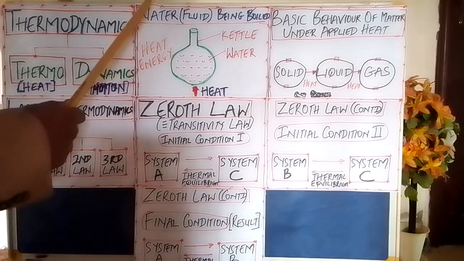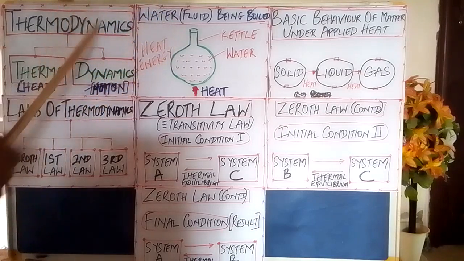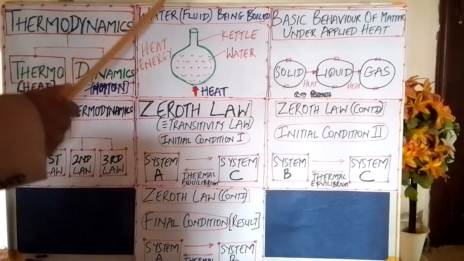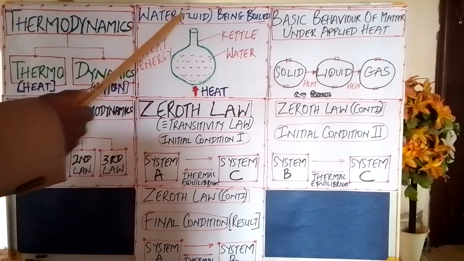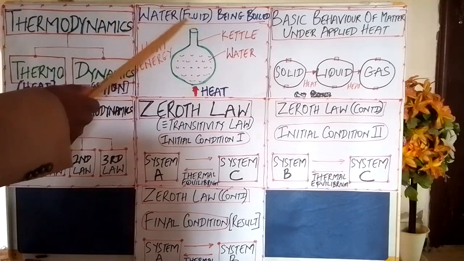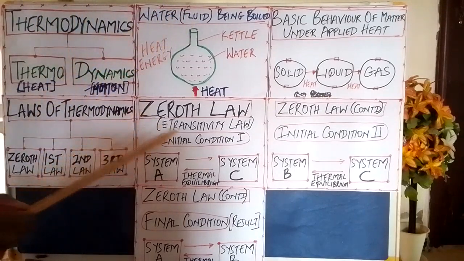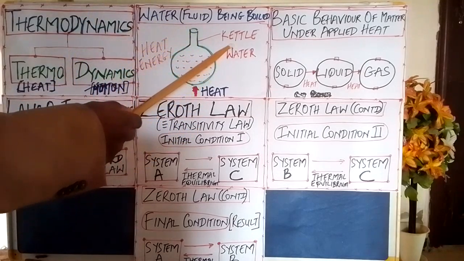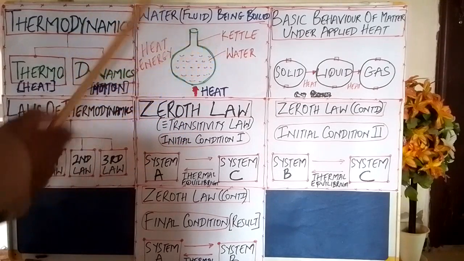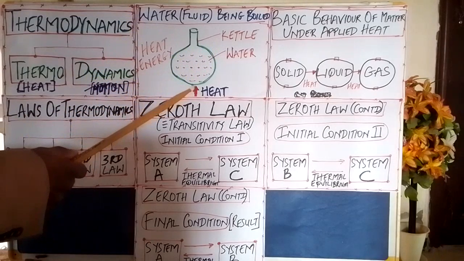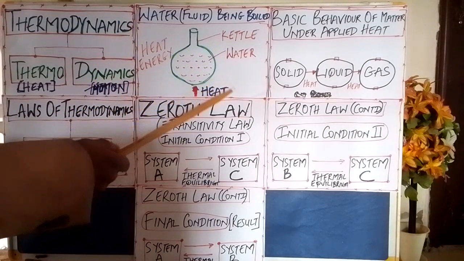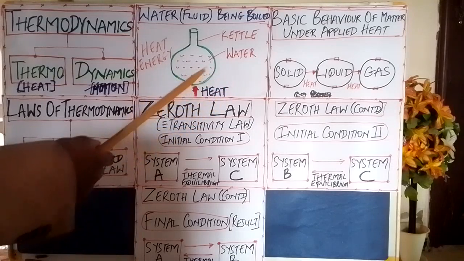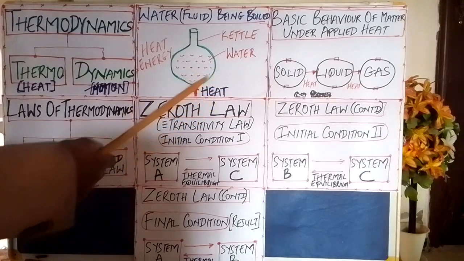That applies wherever you are talking about the motion of the object. So here we just simply want to use a fluid, which is water. As we said, liquid can be a fluid, gas can be a fluid, and water is an example of a fluid. We are using this to represent a kettle, and we have the water inside the kettle, and we are applying heat to it. Of course, there are various ways in which heat can be applied: your simple stove, pressure cooker, and so on.